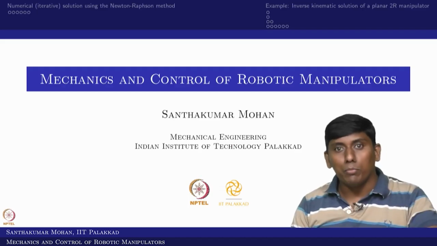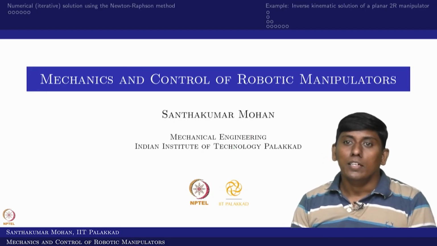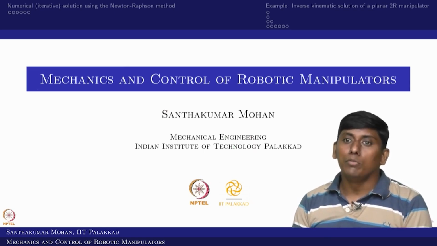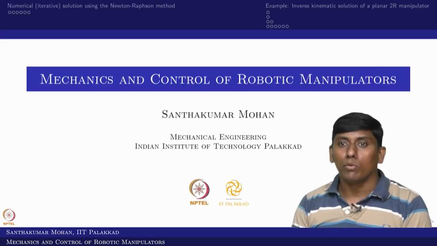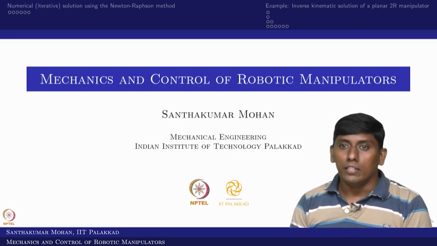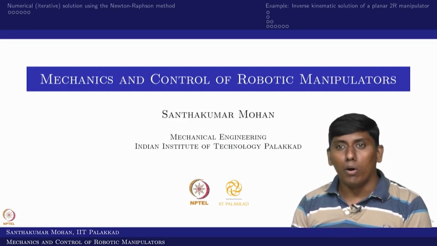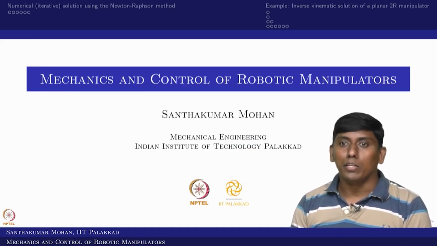Hi, welcome back to Mechanics and Control of Robotic Manipulator. In the last lecture, we have seen how MATLAB can be used as an efficient tool for finding the forward kinematic solution with the help of the arm matrix, which we obtained through the Denavit-Hartenberg representation. In the same lecture, I gave a small idea: with the help of the solve command, how to find the inverse kinematic solution if the forward kinematic solutions are available. In the sense, if you have the mu vector, how we can find the inverse kinematic solution